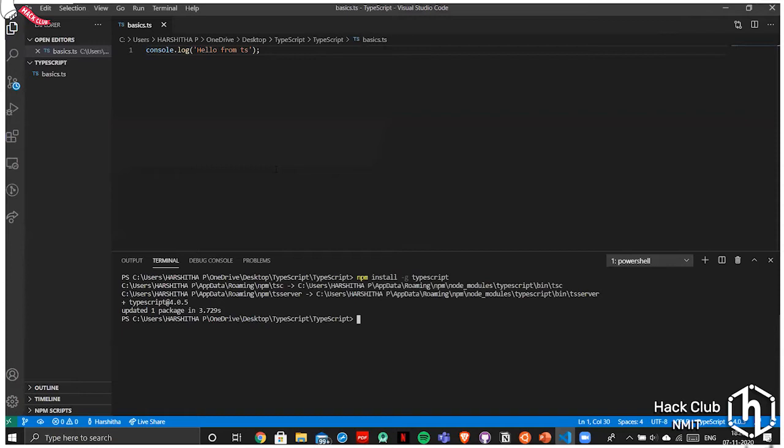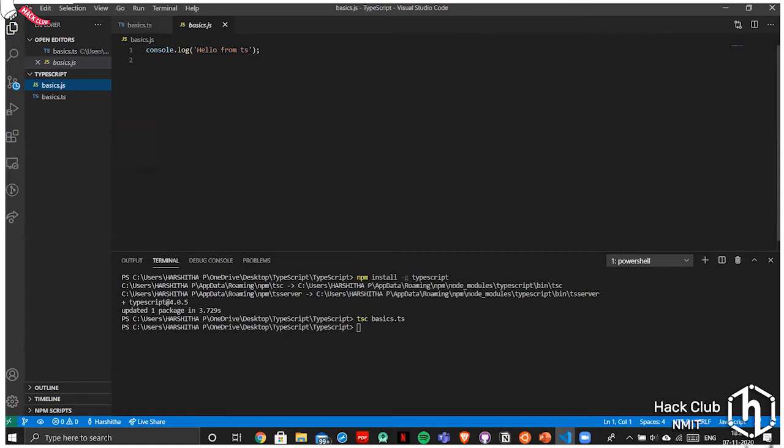To compile a TypeScript file, the program is tsc space, give your file name .ts. And now we can look over here, a JavaScript file is also created. So this is the same thing because we don't put any TypeScript in the TS file. So it's identical, but the JavaScript is what you want to include in your application or your website.